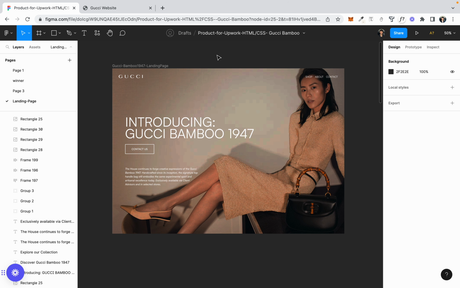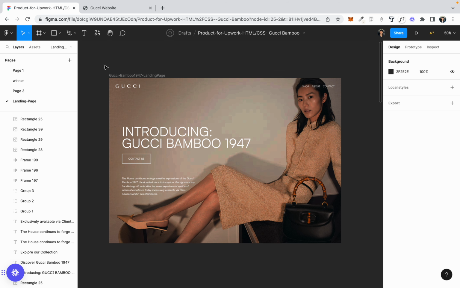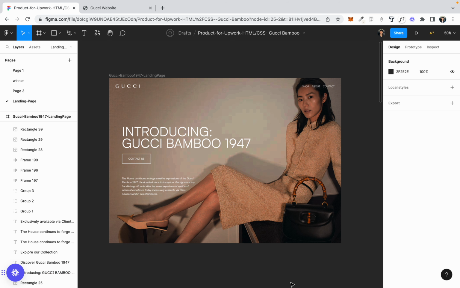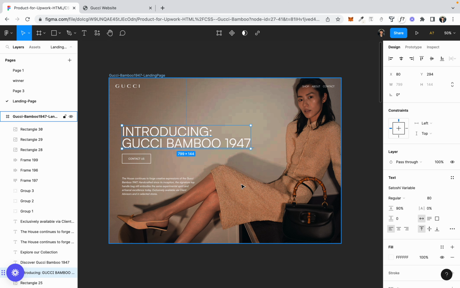This is what we're gonna be designing. We're going to create a landing page for Gucci's new product line, which is Gucci Bamboo 1947, which is a handbag. I usually prefer to design my products and websites on Figma before anything, so I could understand where I'm heading and my final layout, how it would be, to prevent any roadblocks and just have my coding session be a lot smoother, since I already know which padding I want, how much font size I want, like 80, and